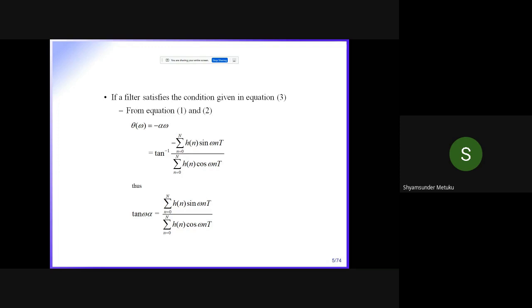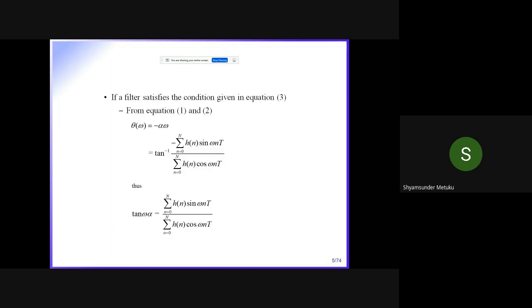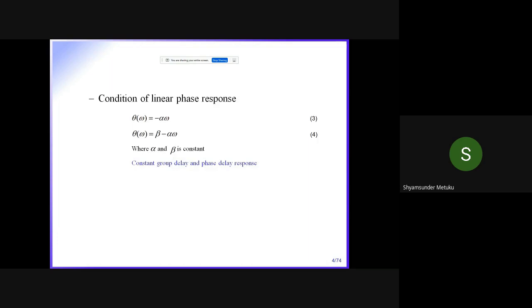Then if you take all of them to one side, you will get this expression, which is given in the first two lines. It is simple mathematics, okay? There is nothing great in that. The only thing is you need to apply your mathematics concepts. You are trying to derive an expression for something called alpha, because initially our assumption is this only: condition for the linear phase response, theta of omega must be equal to minus alpha into omega. Alpha we are supposed to calculate. Yes or no? For that only we are doing all this analysis.